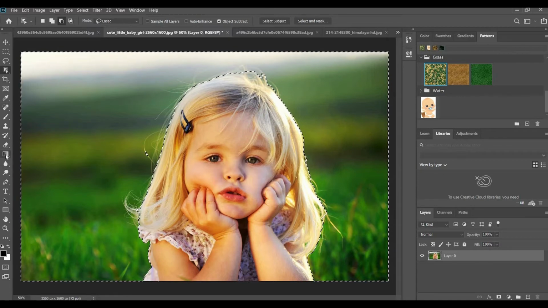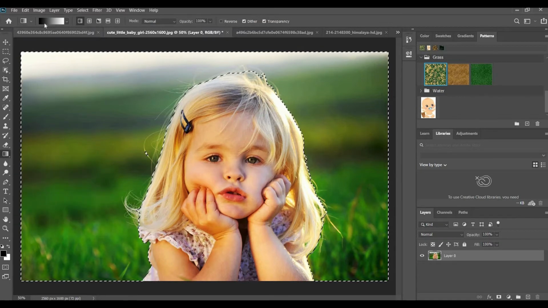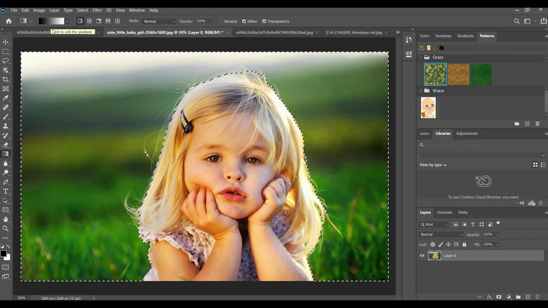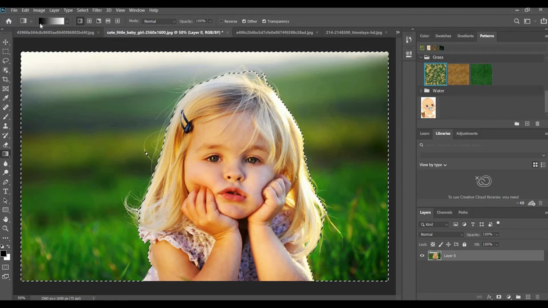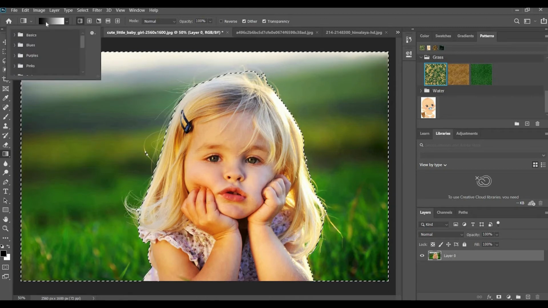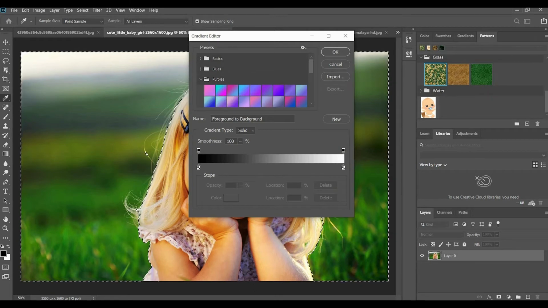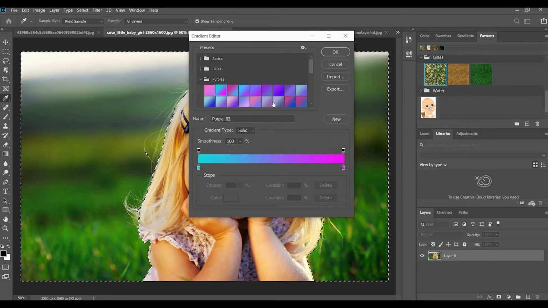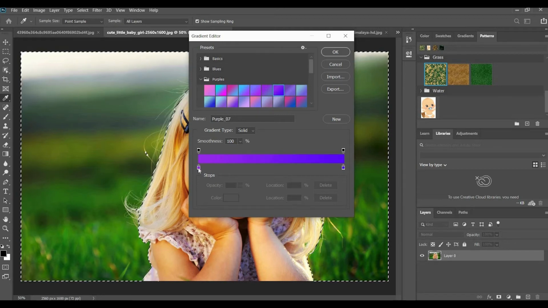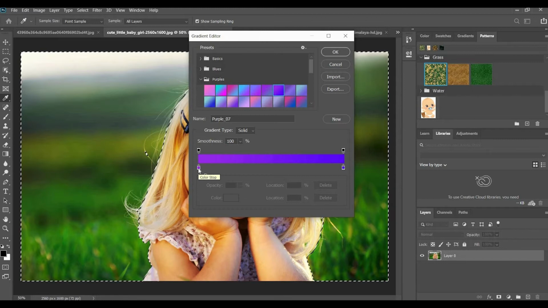I'm going to select this icon, gradient. See here, it started from black and ended with white. We have a number of color combinations. If you click here, we have default color combinations like this. You can also change the color here.